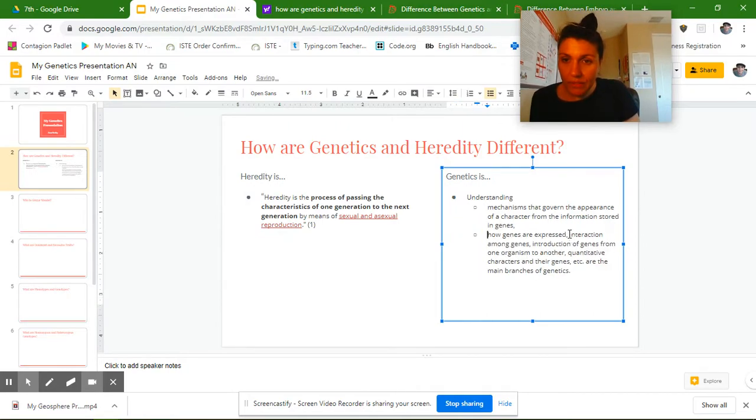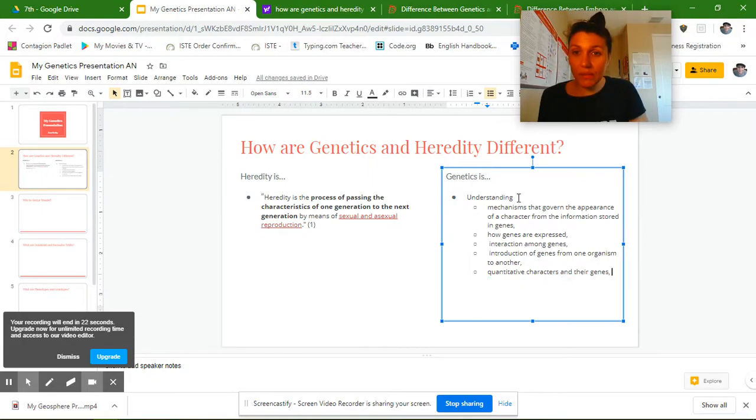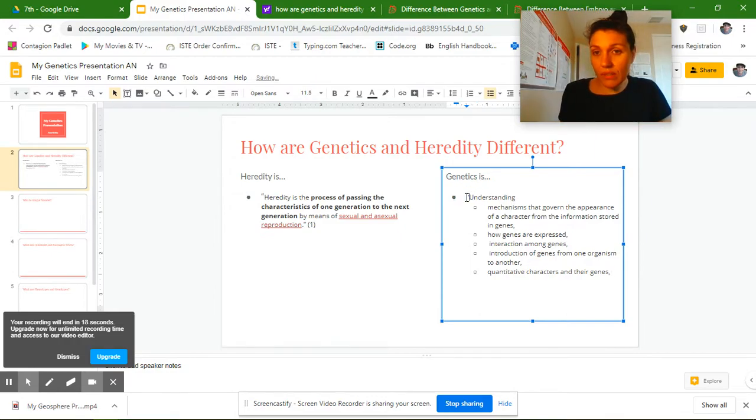Understanding how genes are expressed, understanding the interaction among genes, understanding the introduction of genes from one organism to another, the quantitative characteristics of their genes, okay? These are genetics. And so I'm going to put my quote, quotation marks,